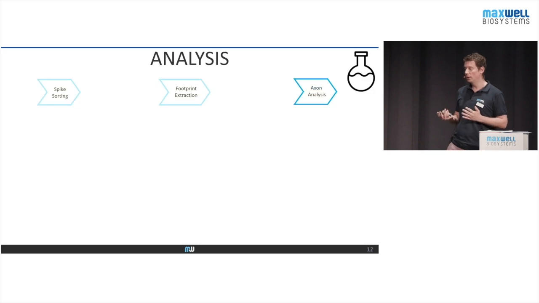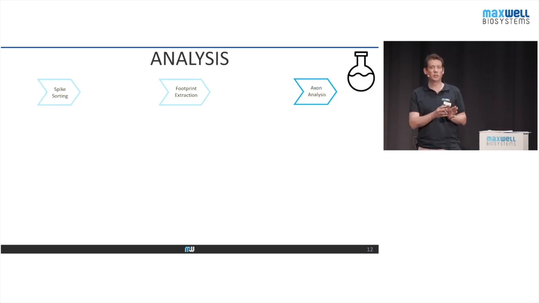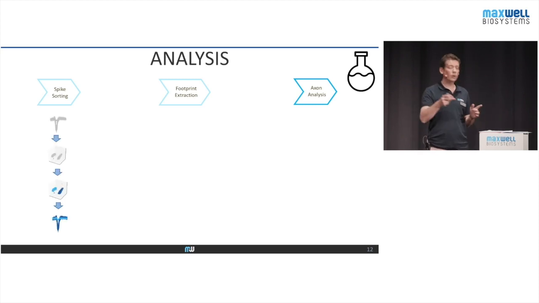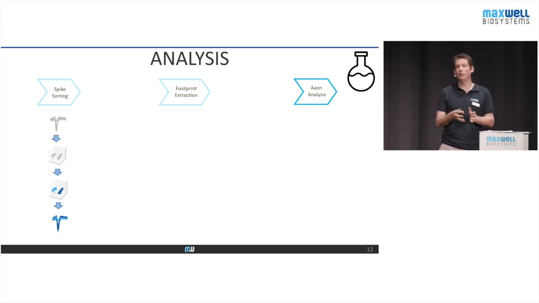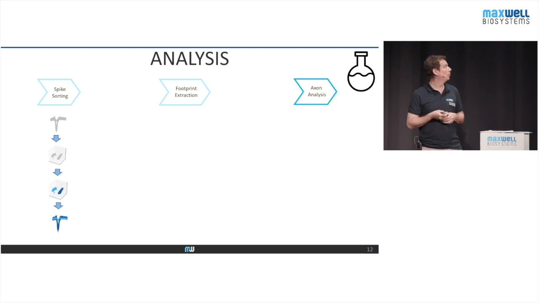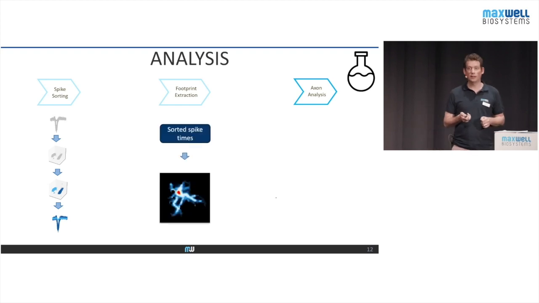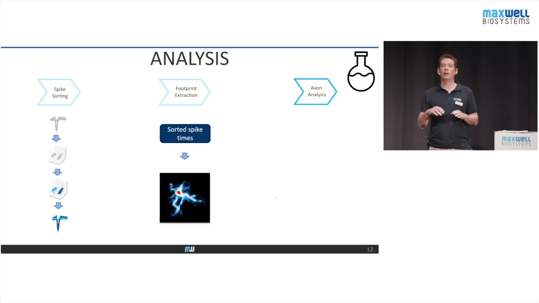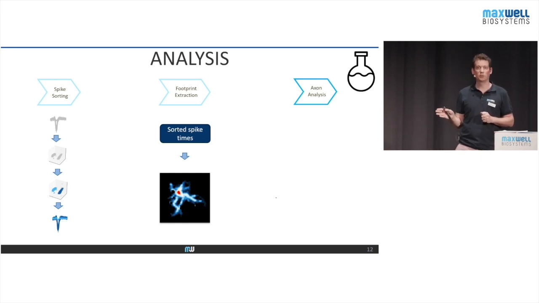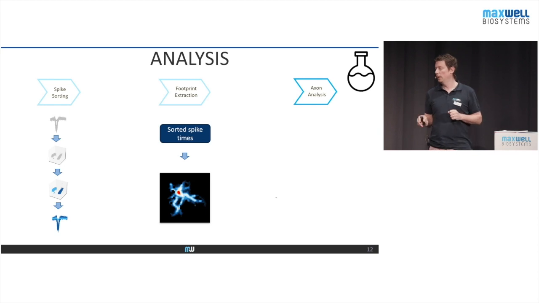Now, once we have recorded the data, we go to the analysis step, which is composed of 3 components. In a first part, we need to spike sort the data. So what does it mean, spike sorting? Out of all the spikes that we record, we want to identify the ones that belong to one single neuron. Typically, out of this spike sorting step, we take the most prominent cluster. We use the spike times of this selected cluster to compute what we call the footprint of the cell, which is basically the average extracellular signal of this particular neuron. It means that whenever this neuron fires an action potential, it looks something like that, if we look just at